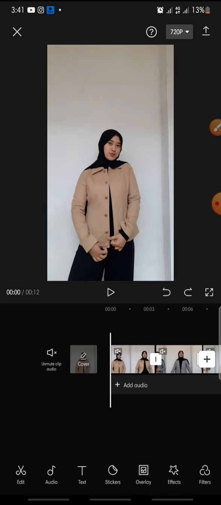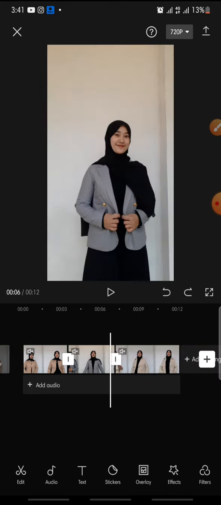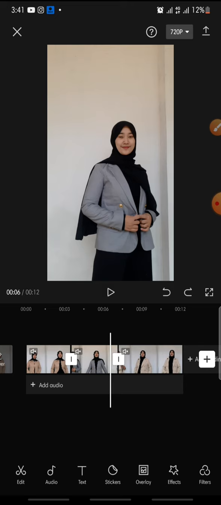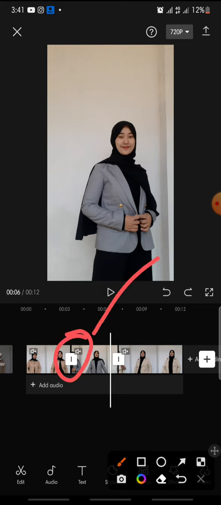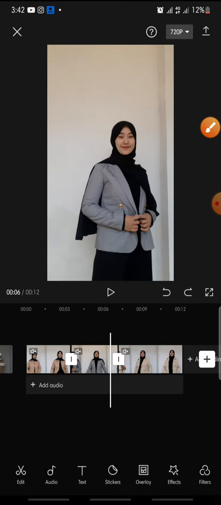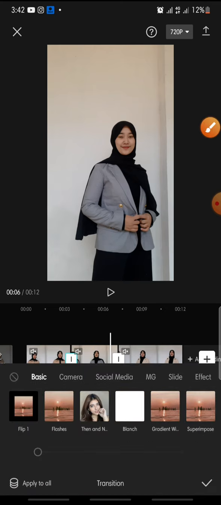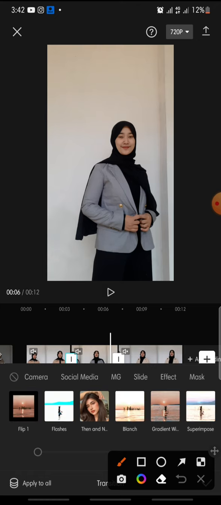In this video, I'm going to show you how to add like beam transition on CapCut apps. Now let's get started. First, after you open your CapCut apps and add the video that you want to edit, if you wanna add like beam transition, so you just click on the box white icon, this one, click on it. And after this you can click on the effect,